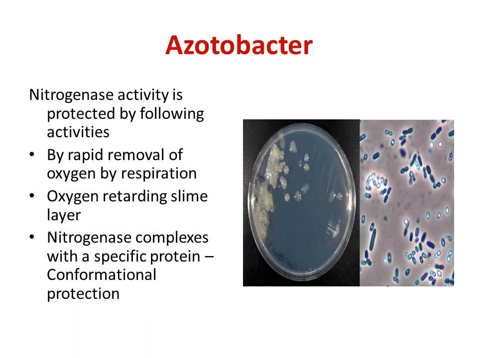It gets complexed with a specific protein so that there is a conformational change. This is also called conformational protection. Because of the conformational changes, the nitrogen cannot come and bind onto the surface of the nitrogenase enzyme. That is, onto the active site, the nitrogen molecule cannot bind, so that the enzyme substrate complex